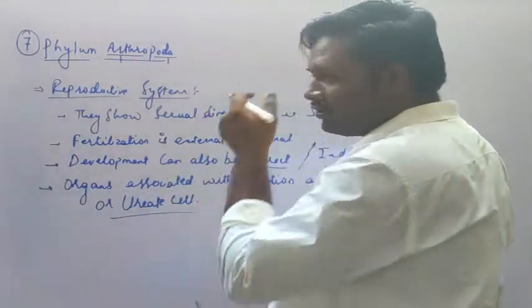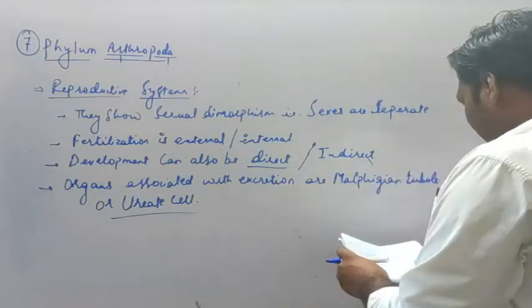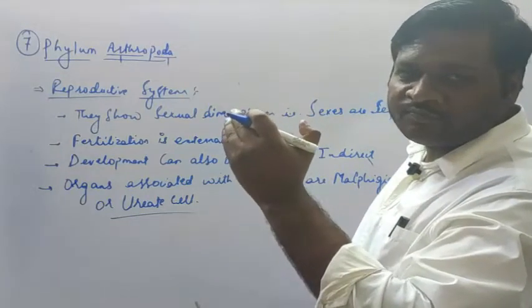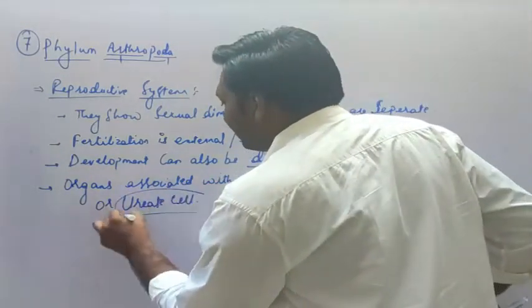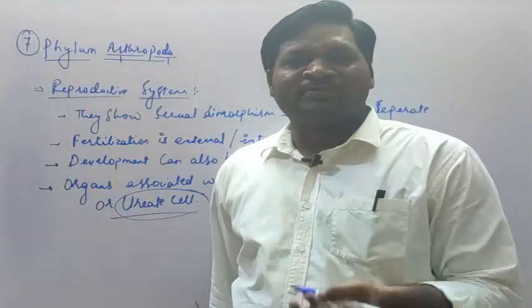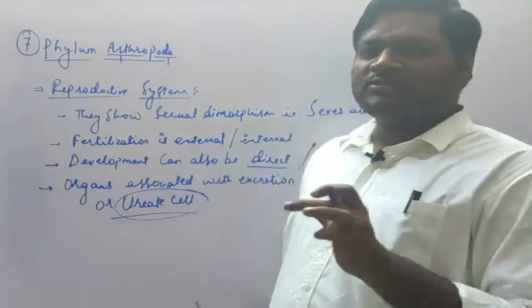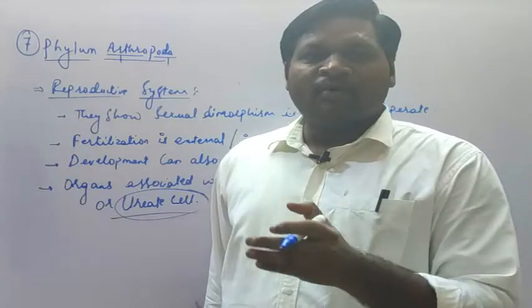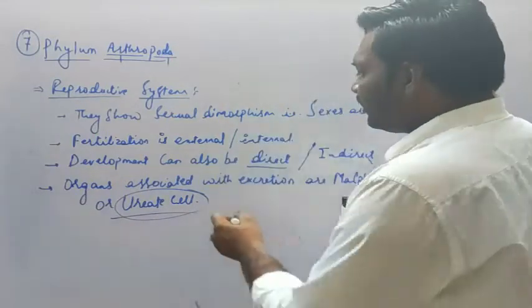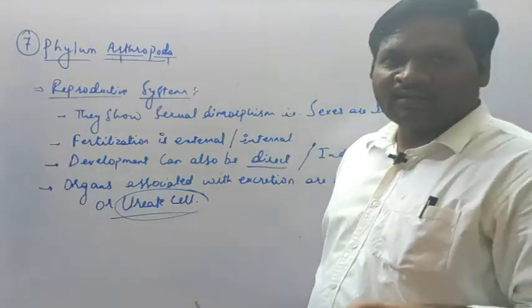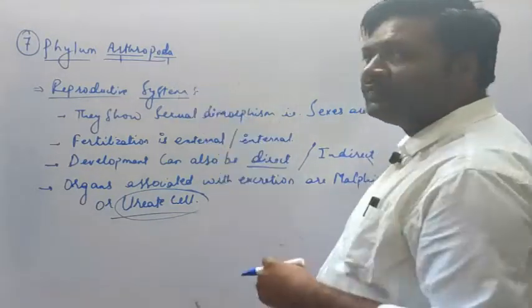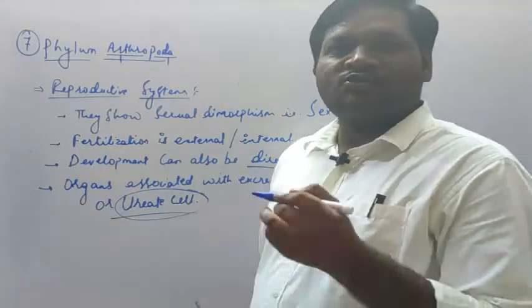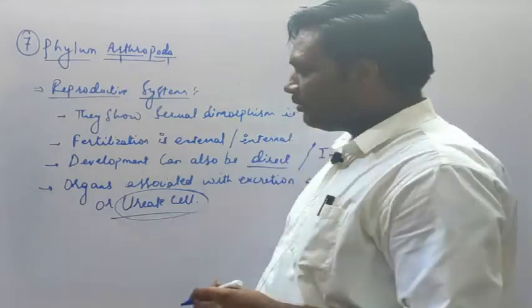So ureate cells are also the cells which are collecting the nitrogenous waste. As I told you earlier, on the sclerite region there will be the presence of these ureate cells, and whatever nitrogenous waste has to be secreted by the arthropods will be deposited in these ureate cells. At the time of ecdysis, when the body keeps shedding, these ureate cells will also be released. So that is the characteristic feature related to the sclerites. Here ureate cells are the special cells which store the nitrogenous waste material.